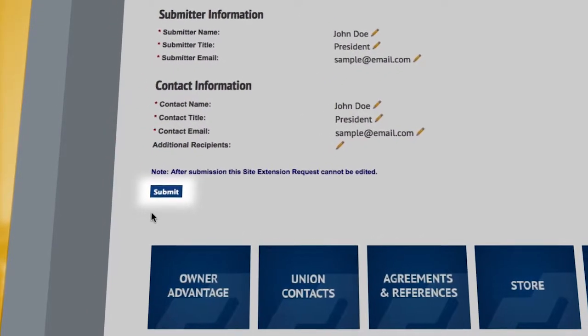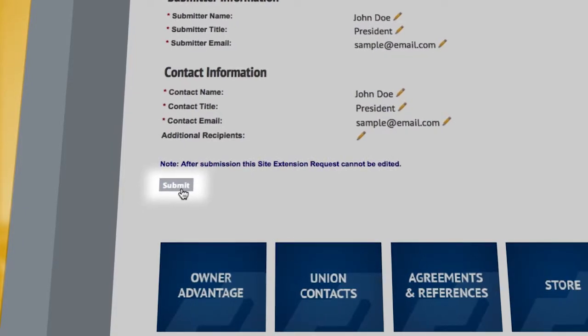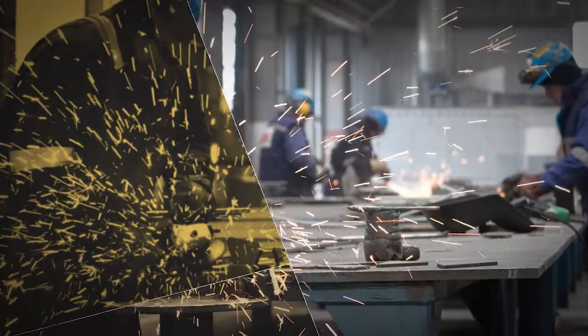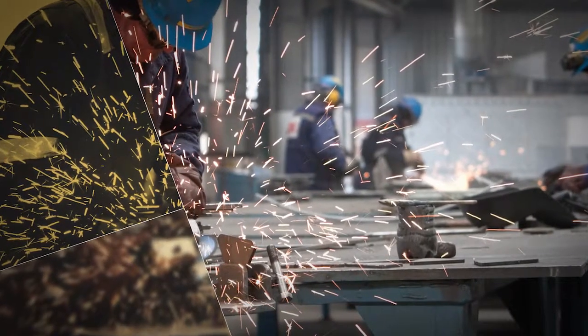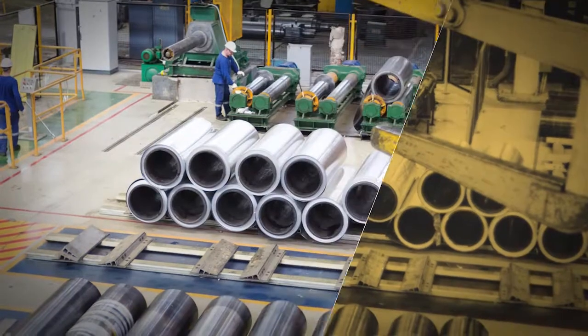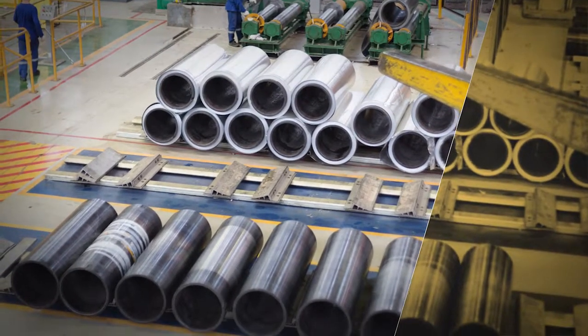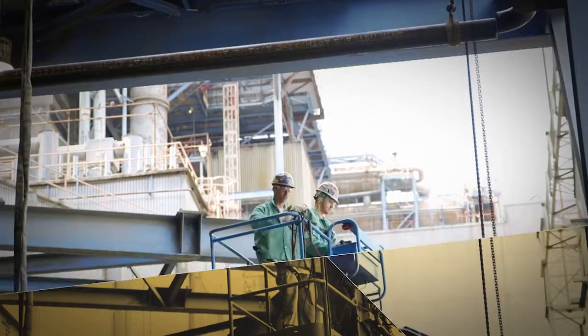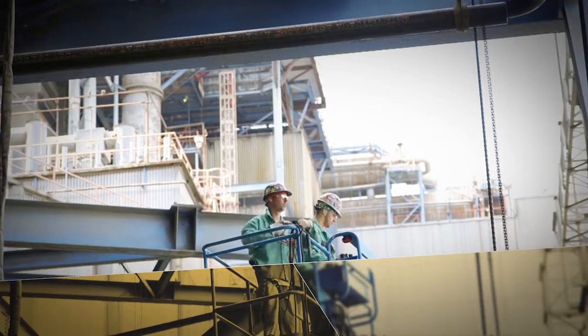If you submit an SER in error or any of the information entered is inaccurate, please contact the NMAPC administrative offices. Upon submitting your completed SER request, you will receive an automated email that the SER has been sent to the international union from which you have requested to invoke the NMAs. Please note that each international union will have to approve or deny the SER before you will be allowed to